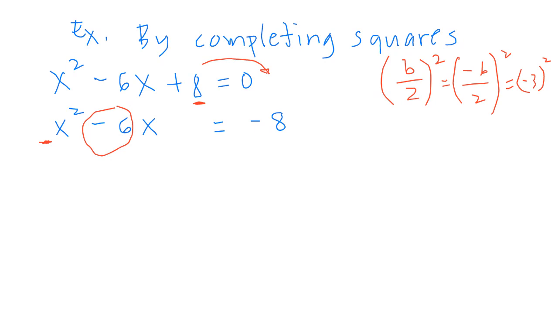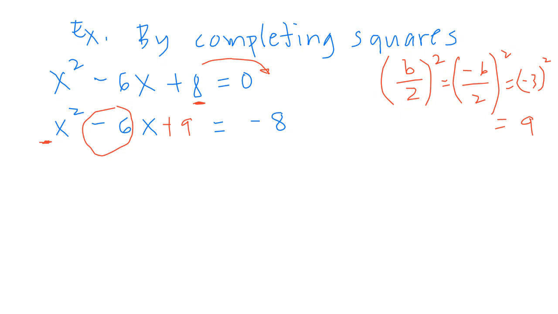And that negative 3 actually goes to your binomial on the next line. So that would be equal to 9. So 9 goes here,